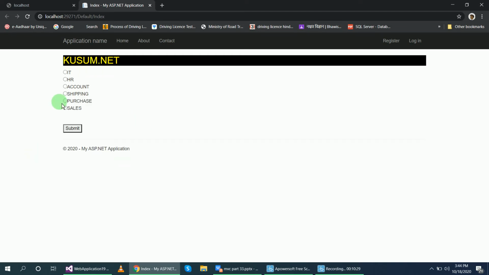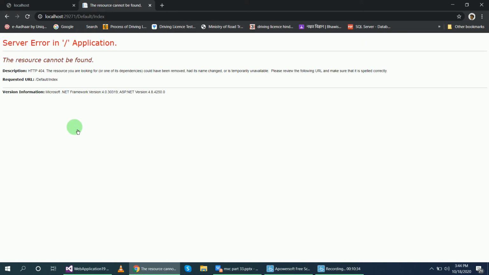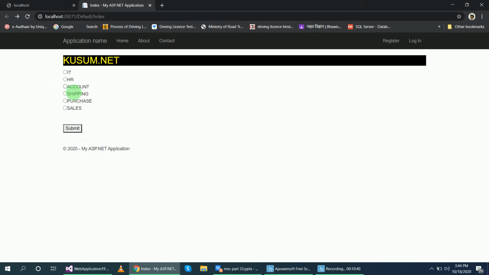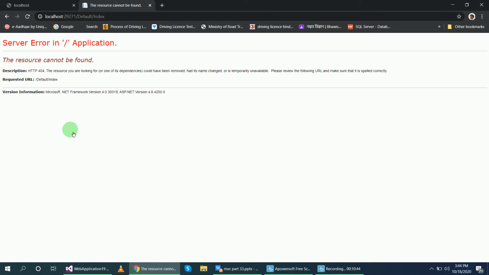Okay, when I don't select anything and click on this submit button, it gives us this: the resource cannot be found. Okay, means no message is displayed here. And when I select something, the same error is displayed. Why?